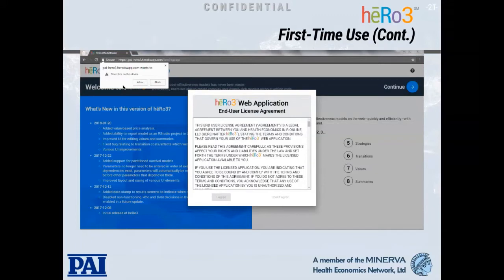Now, one additional aspect of first-time use is that the first time you load up this application, you're going to see a screen like this, and you're going to see two things. First, actually, just another note here that I neglected. Currently, Chrome is the only browser that's supported for the platform. That's because the storage method that we use for saving these models in your local browser area only works on the Chrome browser. We're going to relax that restriction once we have server-side saving. But for the moment, we do ask that you use Chrome.